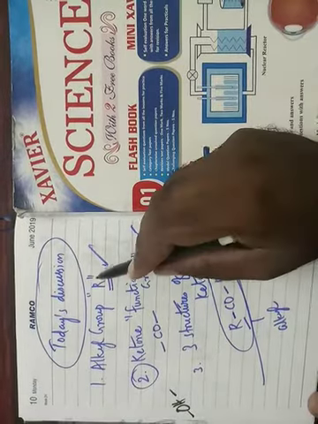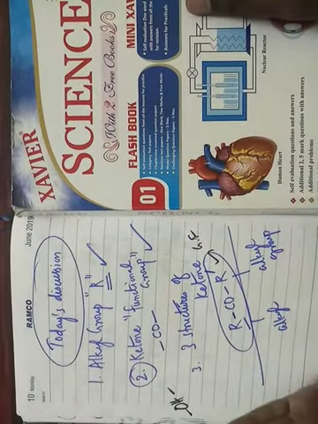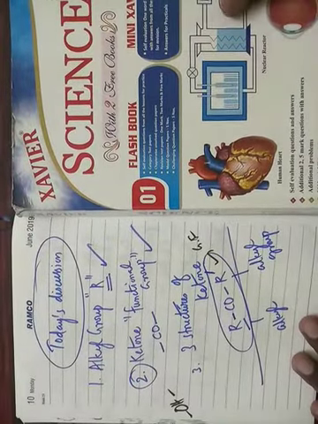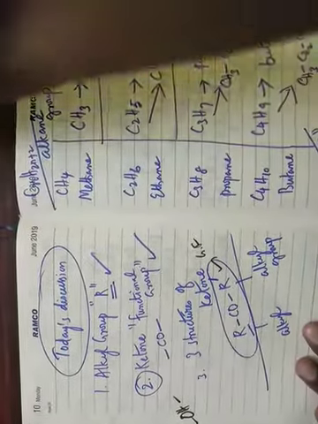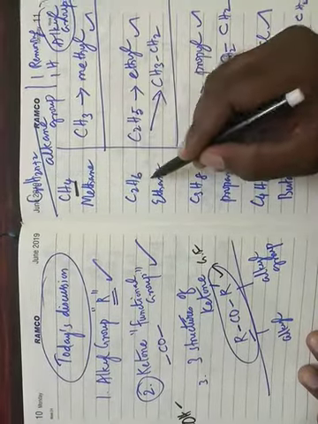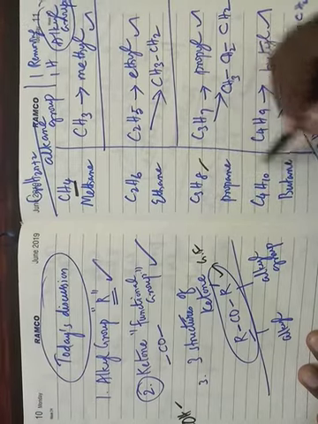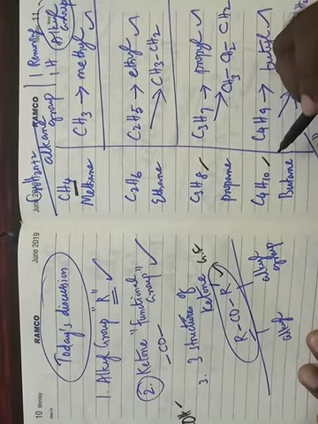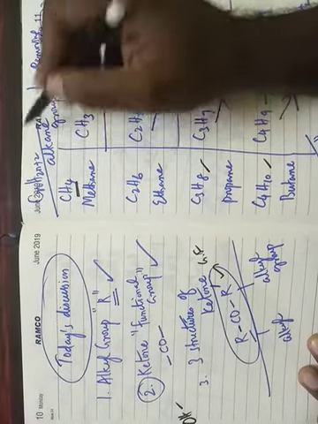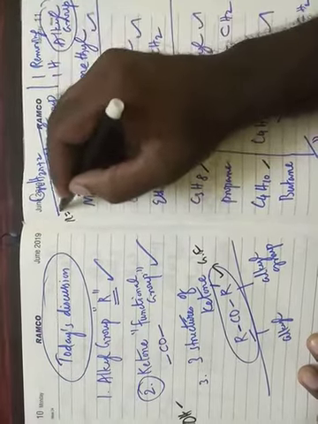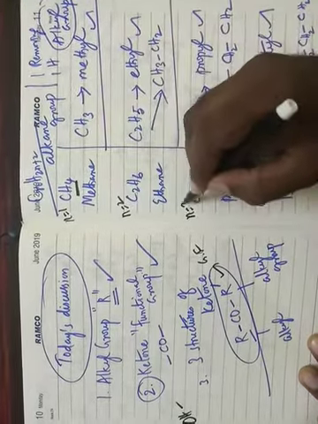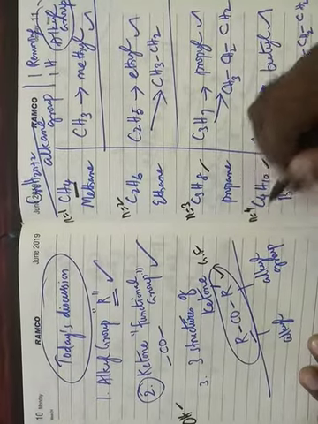What is an alkyl group? It is very simple. An alkane group is transformed to an alkyl group by removing one hydrogen. I already wrote it here. The first member of the alkane group is methane. Second is ethane, third is propane, fourth is butane. How did it come? With the formula CnH2n+2, that is the alkane group. Substituting n equal to 1, we get methane. N equal to 2, we get ethane. N equal to 3, propane. N equal to 4, we will get butane.